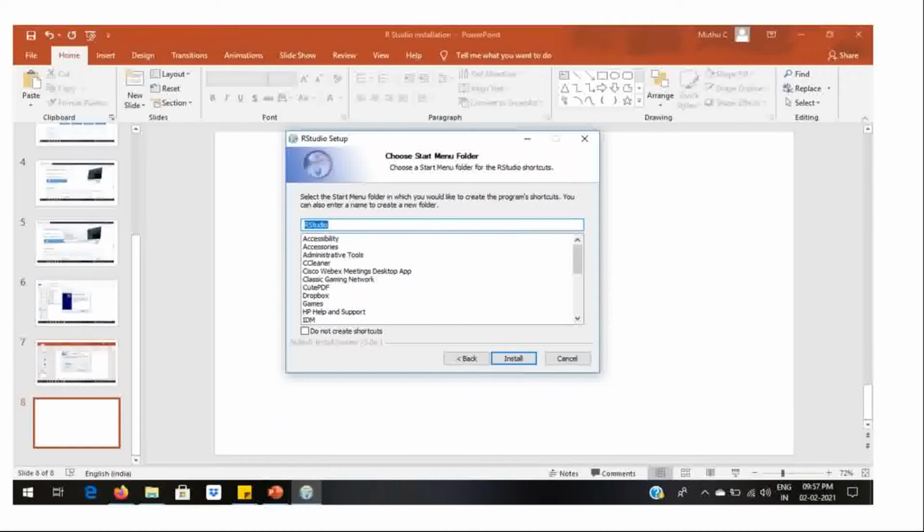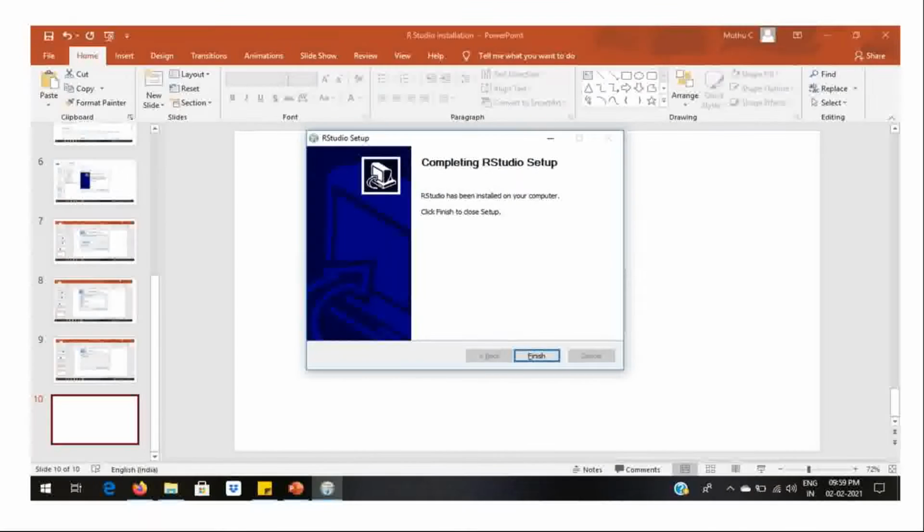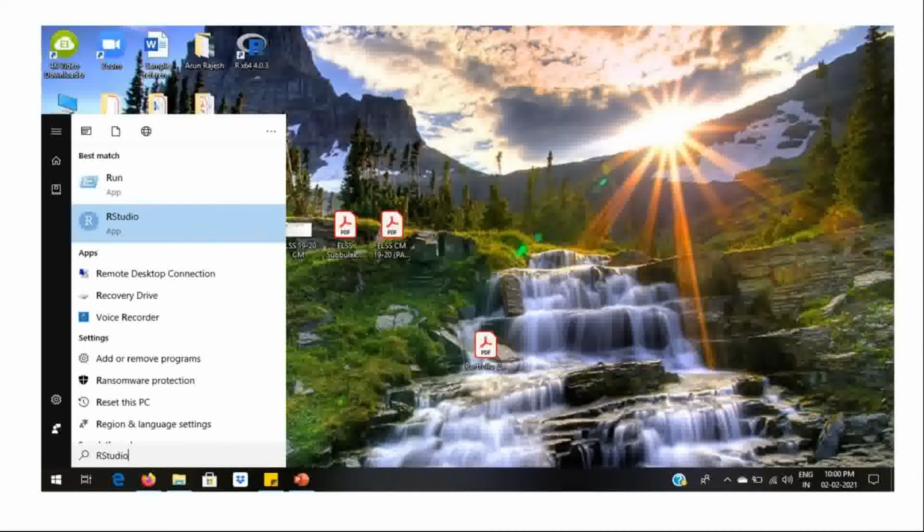You can click on install. It will get installed, and then you can click on finish. If you click on the start symbol or Windows icon and type RStudio, you will be able to see it on the screen. Just click on the highlighted RStudio app and you will be able to open RStudio.